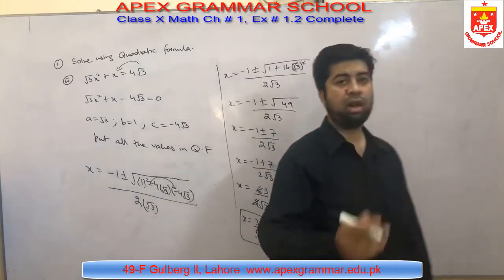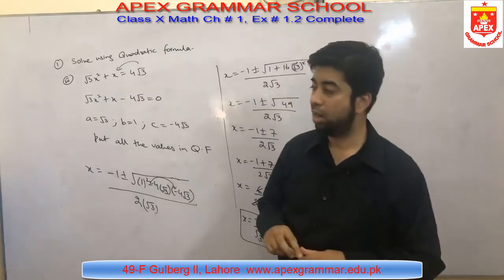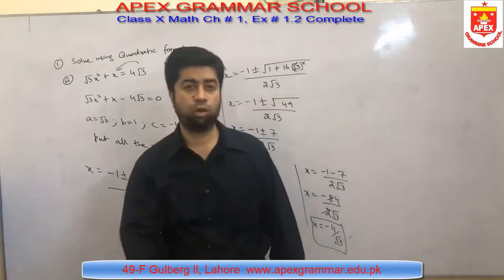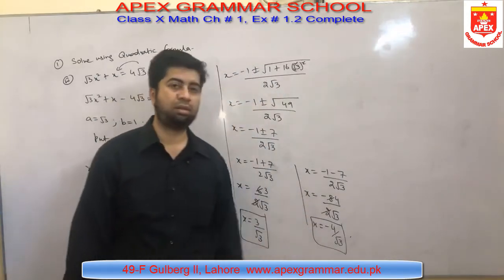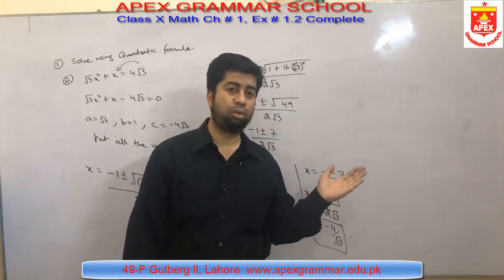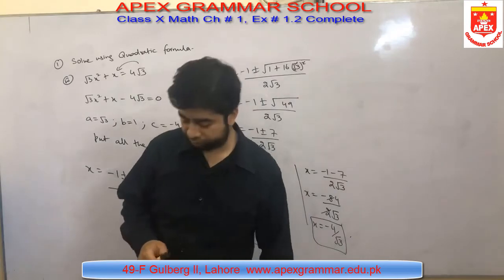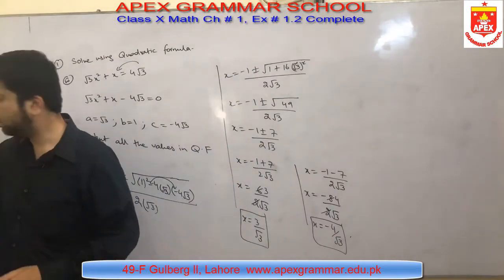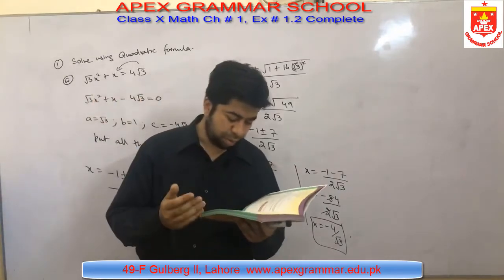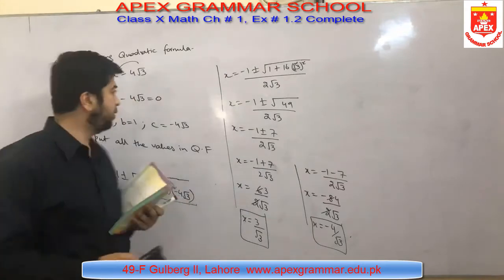You very well know about that. In the very first lecture, I told you that every quadratic equation has two roots, two situations, two values of x. So these are two values of x. In the previous question, I also showed you two values, one for positive and one for negative. Now, all the questions are like this. Part 4 is like this. Part 5 is just, yes, for part 5,